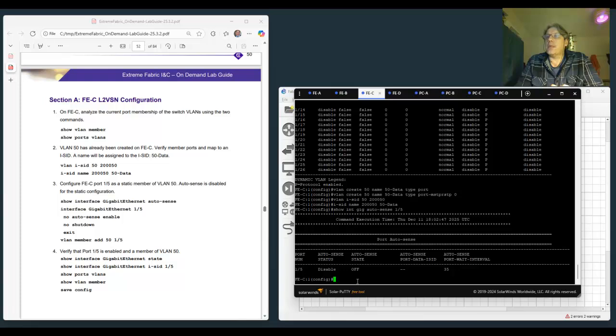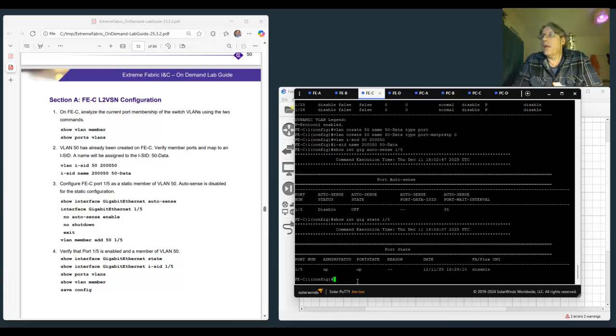So autosense is disabled, and if it wasn't, we'd go in to interface 15 and disable it, but we need to check the status of the port 15 just to see if it's shut down. It isn't, it's administratively enabled, so we don't need to do the shutdown, and